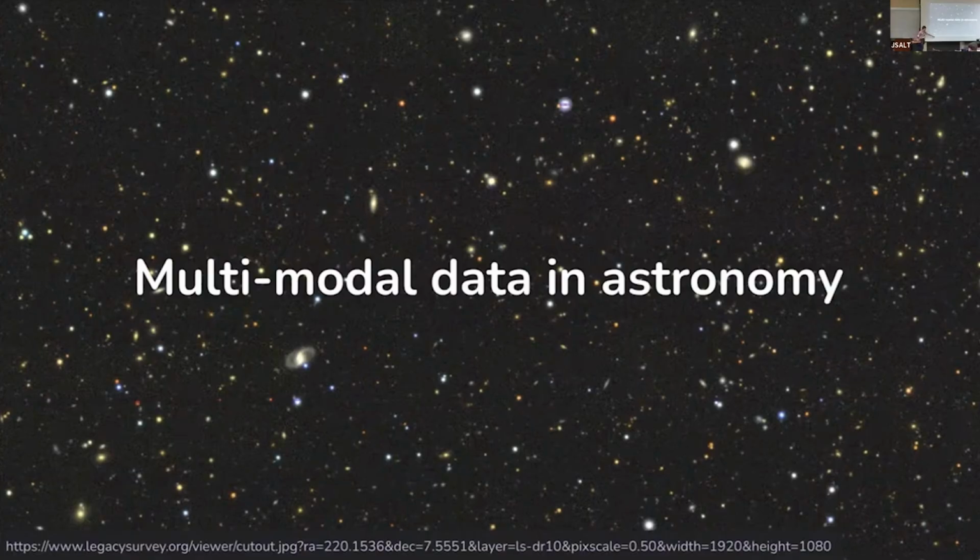If you go to this URL, legacysurvey.org/viewer, you can pan around in this map of the sky taken with this world-class telescope from Chile. Actually, it's a set of telescopes in the northern and southern hemispheres. And you can look at images like this all day. It's actually a lot of fun. I set it to my homepage because it randomly selects a galaxy to home in on. Looking at images like this, you can extract a lot of information.